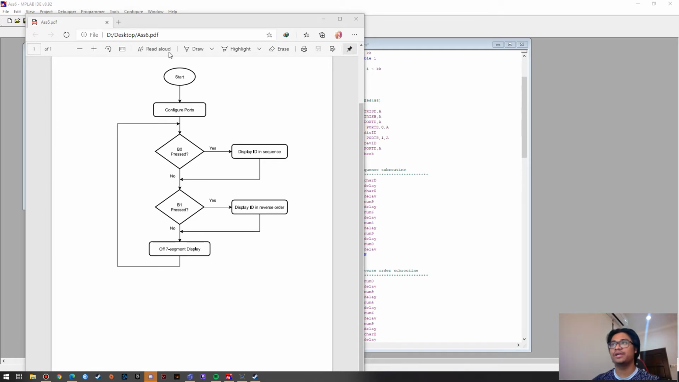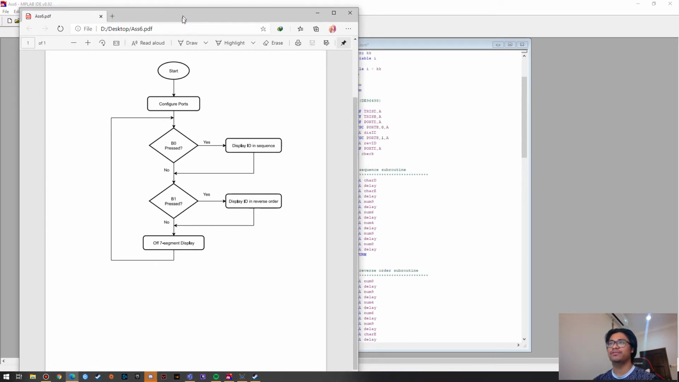So to start the program, we have to draw our flowchart. This is the flowchart that I have drawn. First we start the program, and then we configure the ports, that is port B and port D. After we configure the ports, we check whether B0 is pressed or not. If it is pressed, then we will display